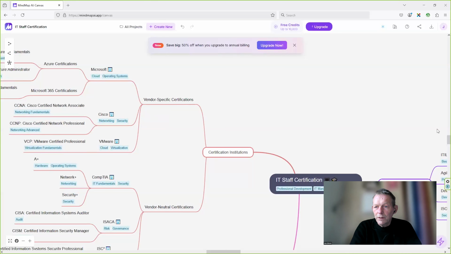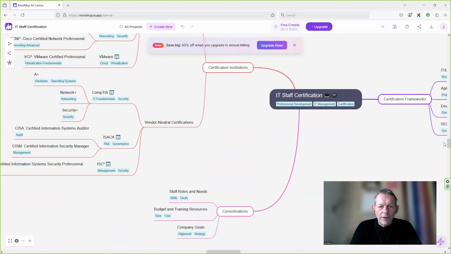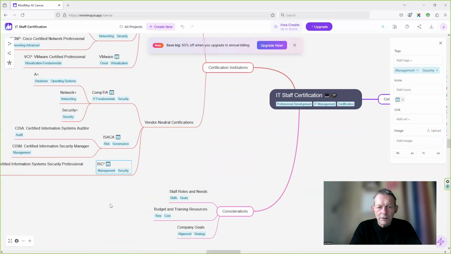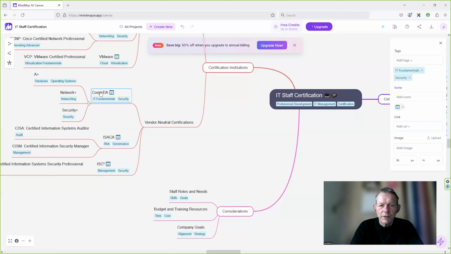Then you have the more vendor neutral certifications, and ISC Square, which is here, is more like a management, leadership approach. You're a manager for technical teams and you need to know what's required. If you are a technician and you want a more specific area within security fundamentals and design in general, CompTIA is a good way to go.